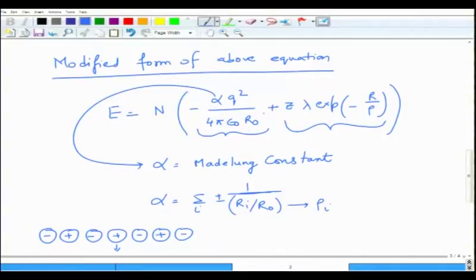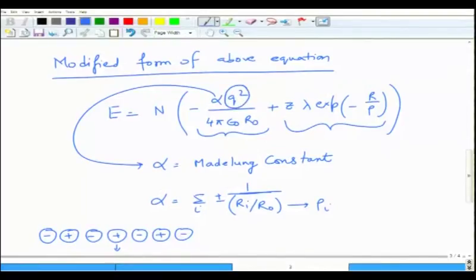You want this term to dominate. As a result, for ionic solids which form a strong ionic bond, the surface term tends to be higher. Ionic bonds also tend to become stronger when, you can see the Q square term here, right? This Q square term is basically the charge on each of the ions, right? So as the charge on each of the ions becomes more, this Q square also becomes larger.